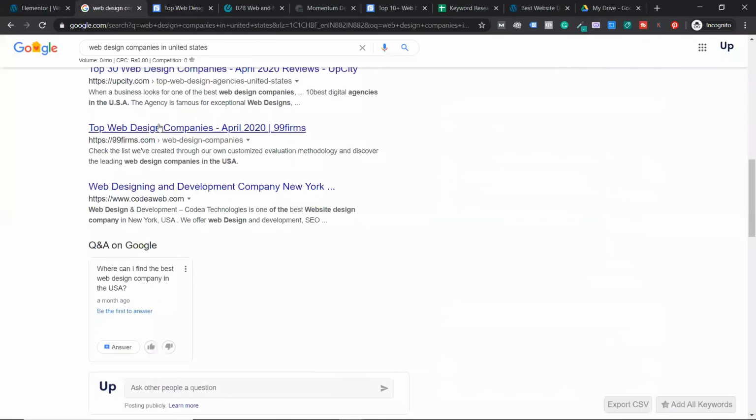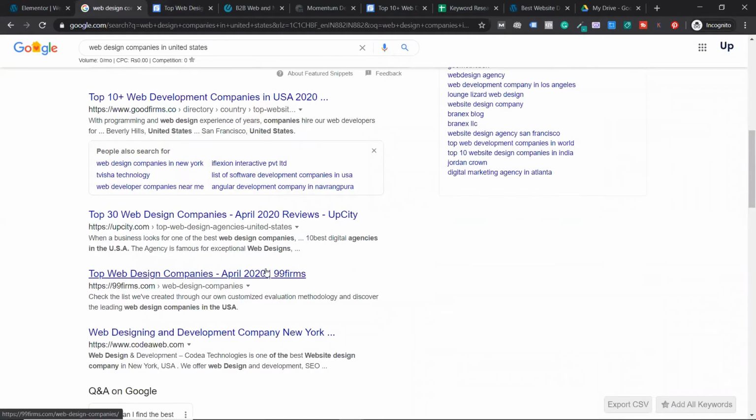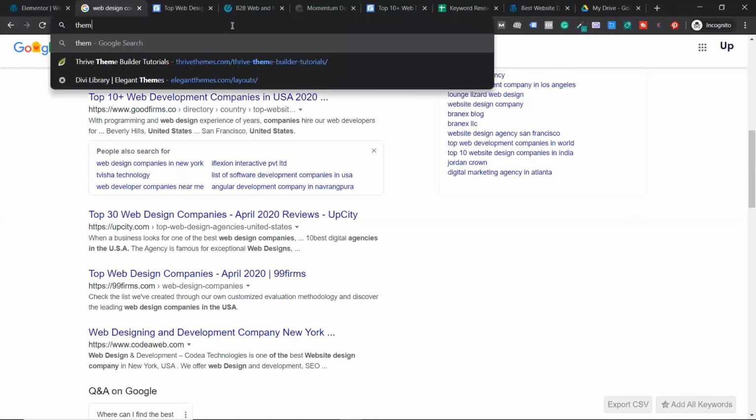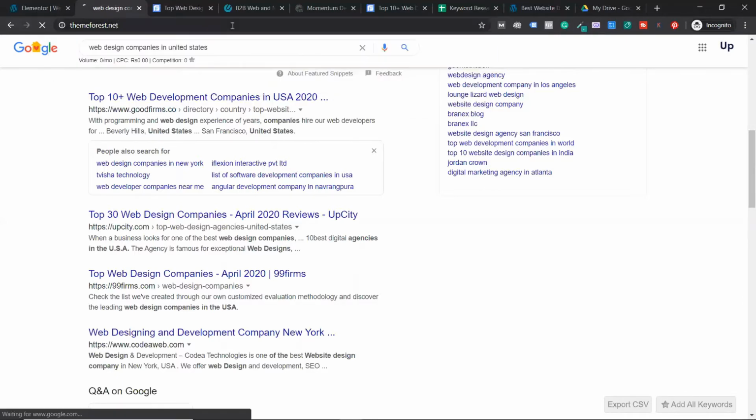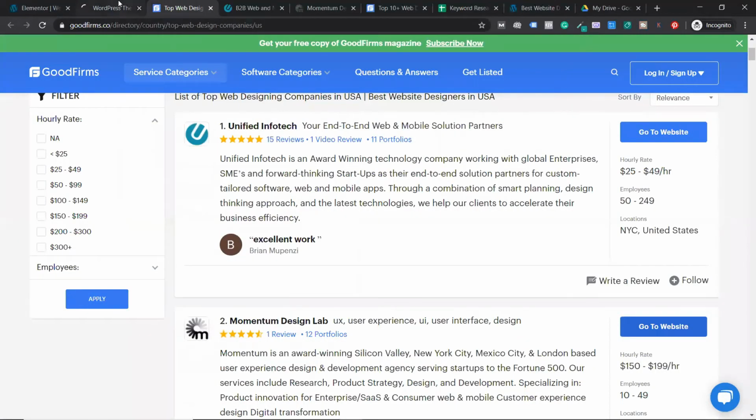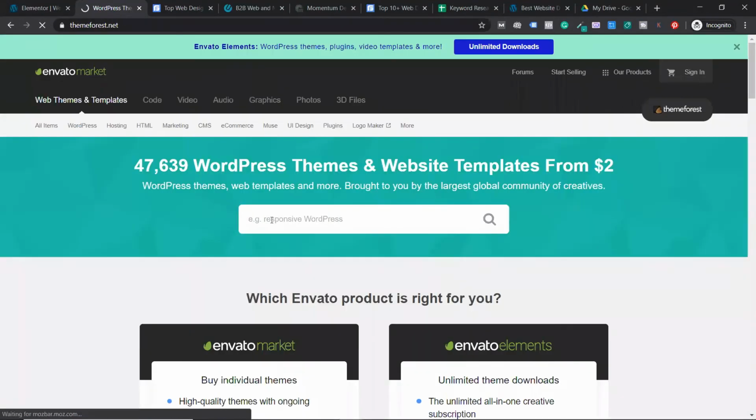So like that, you could just Google search tons of your competitors. If you spend a lot of time, at certain times, if I'm building for my website, it will take like 3-4 days to just take screenshots of ideas only. Okay, if you're not getting good ideas from here, I go to ThemeForest.net. Or go to Astra Ready Sites, go to any websites where you think you get good or inspirational ideas.